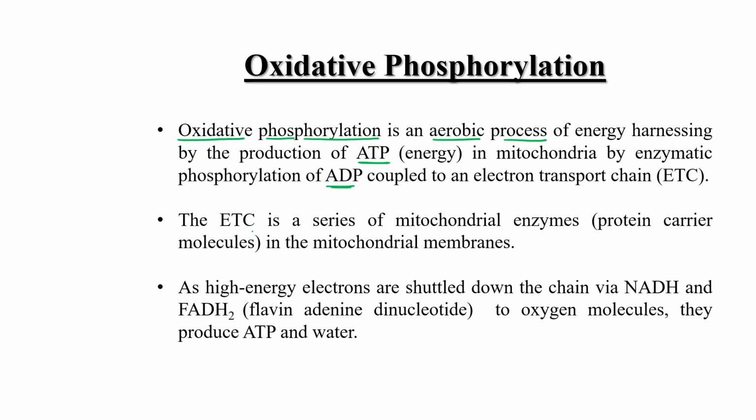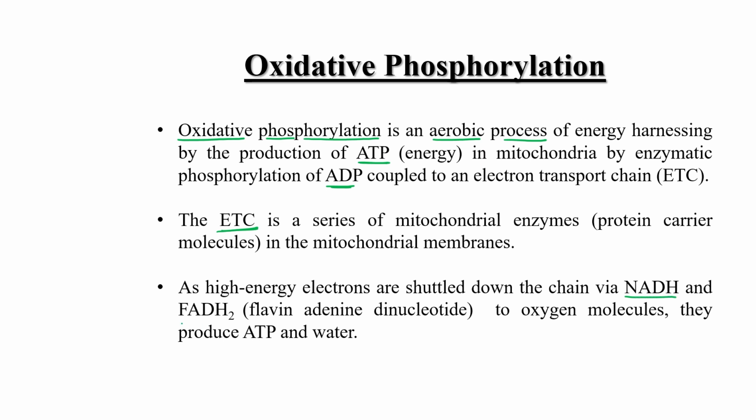Okay, and this electron transport chain is a series of mitochondrial enzymes as proton carrier molecules, like cytochrome B, C1, cytochrome A, A3, cytochrome C. All those carrier molecules are there. We have discussed this previously, right, in the last lecture. So this ETC, or electron transport chain, is a series of mitochondrial enzymes present in the inner mitochondrial membrane, right? And high energy electrons are shuttled down the chain via